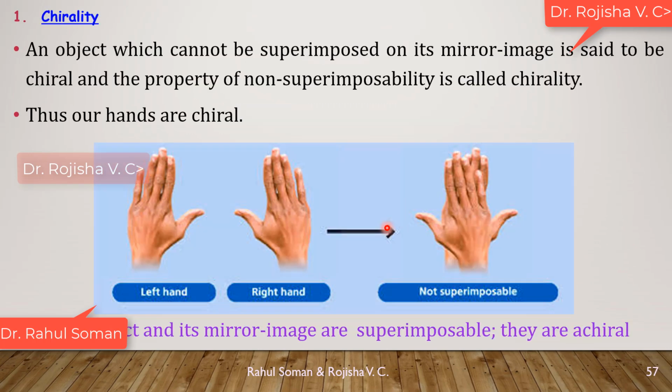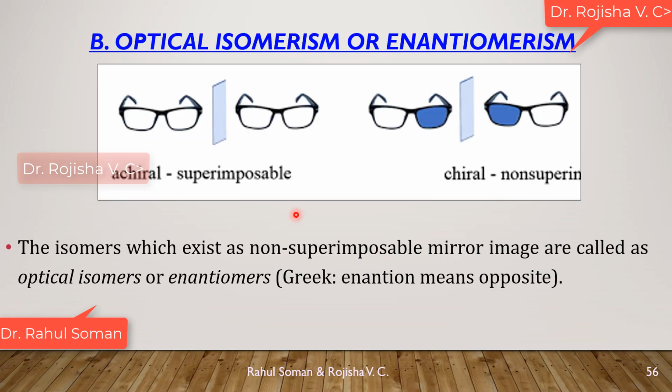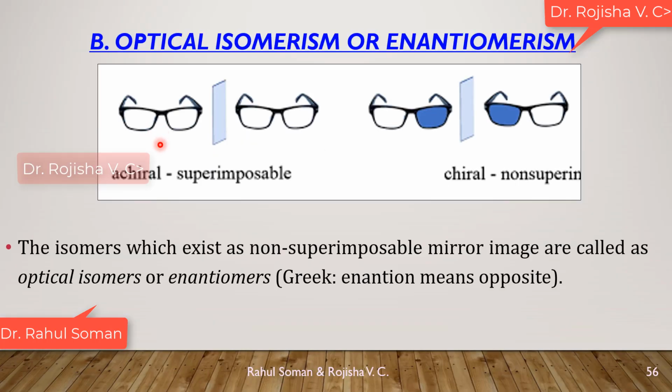Yes. So in this case, these are all 2D examples. If you go to a 3D example, that is spectacles. Spectacles also, if you are cutting like this, have two equal halves. Both the halves look similar only, so there also it behaves as achiral. In the case of a chair also, we can cut the chair exactly into two equal halves. Desk, bench, everything we can cut into two exactly equal halves. So those will be achiral objects.